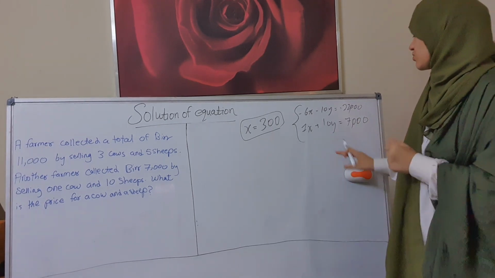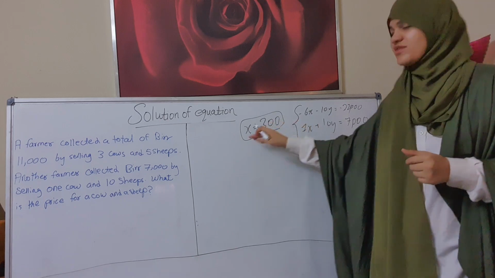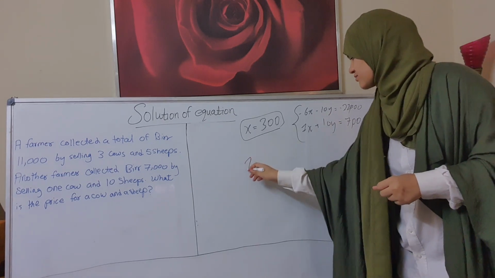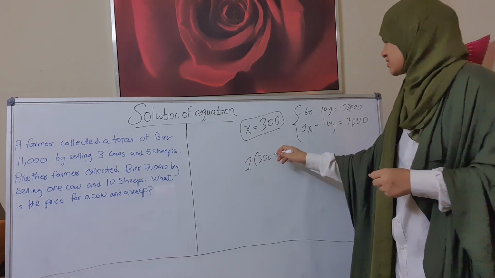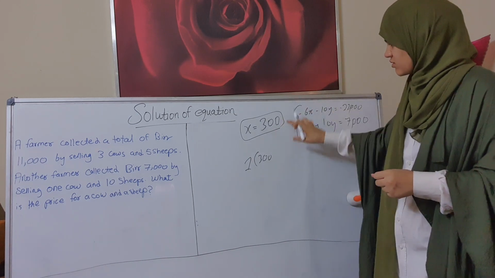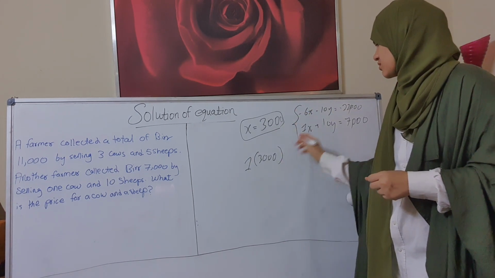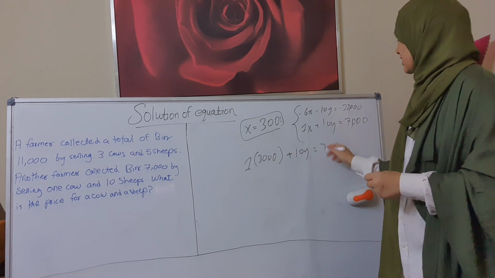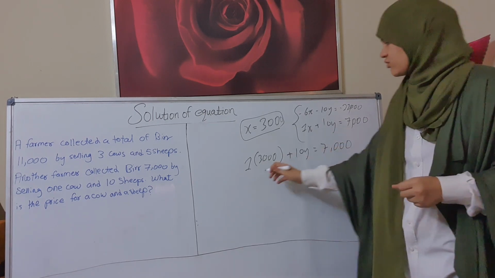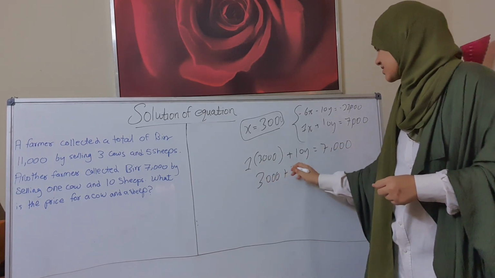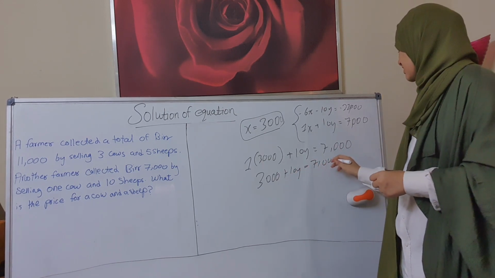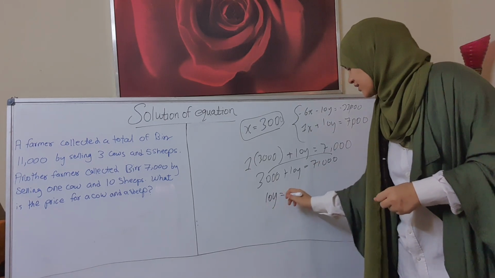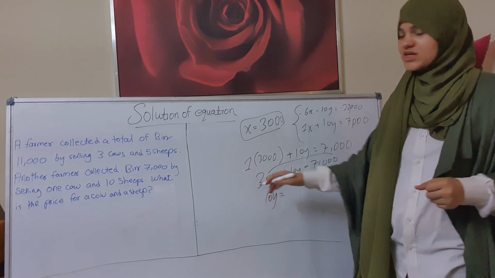Okay, now what will we do here? Here we already have the value of x, so we will put 3,000 in place of x. That means 1 times 3,000 plus 10y is equal to 7,000. Now 3,000 plus 10y is equal to 7,000. We will shift 3,000 to 7,000, so it will be 10y, which is equal to 7,000 minus 3,000, which will be 4,000